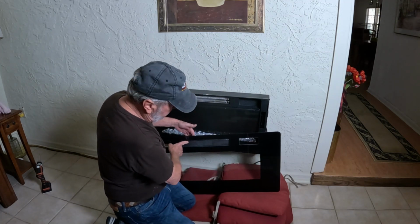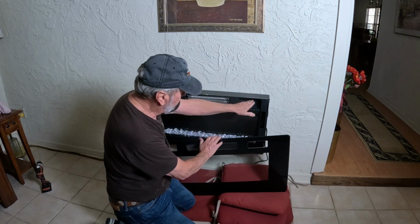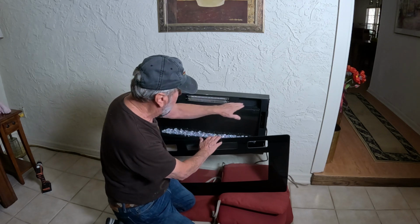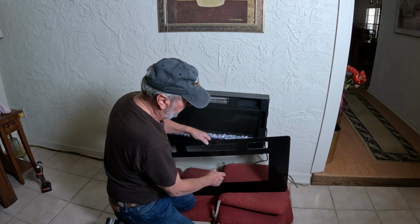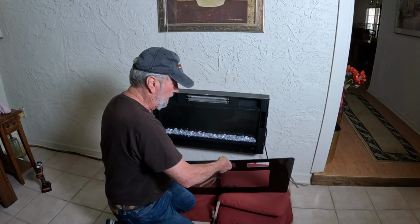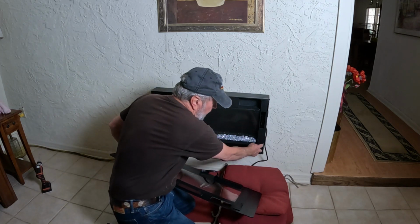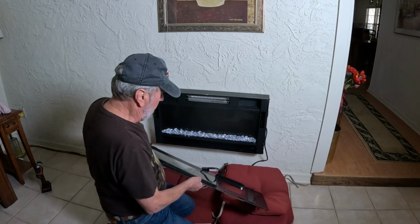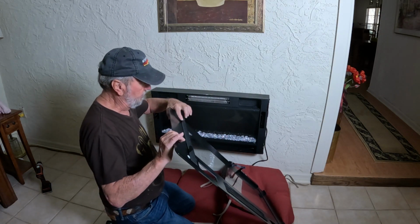Now, when you see the vent, that's the top, and these are 2 holes here. That's for the air intakes, and also your power switch is right here. You can reach right in. So there's no making a mistake on this as to which is top and bottom. And remember, these little feet are going into those holes, and there's 2 on this side, and here's the screw